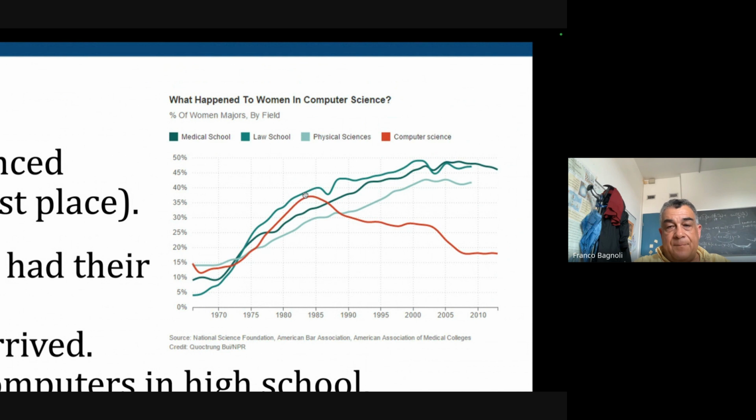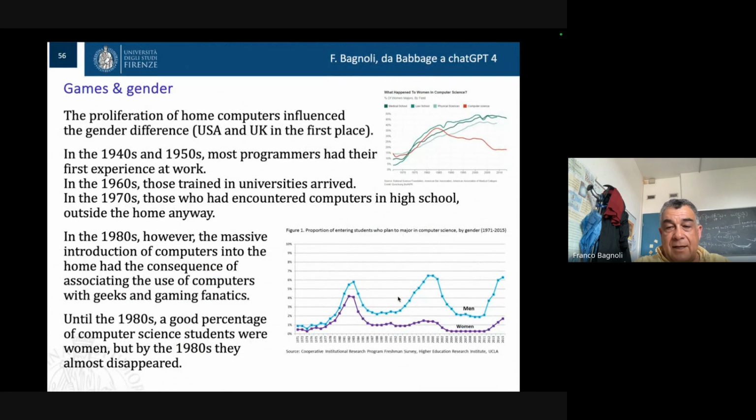You see here, in the middle of the 80s, they start to differentiate, with women essentially not choosing the computer